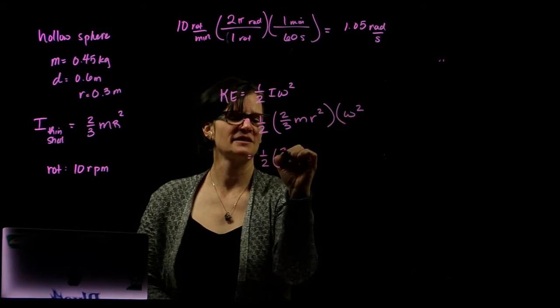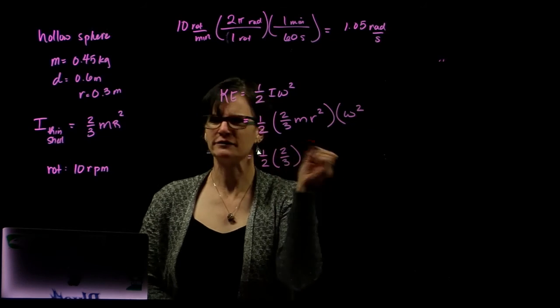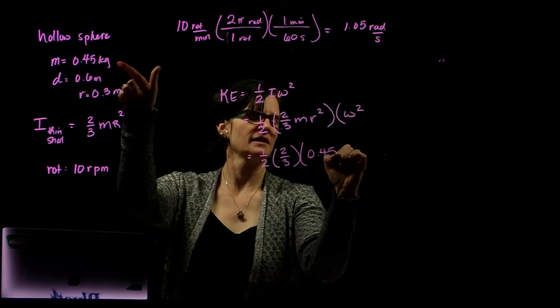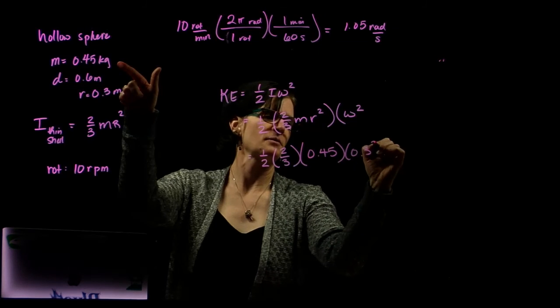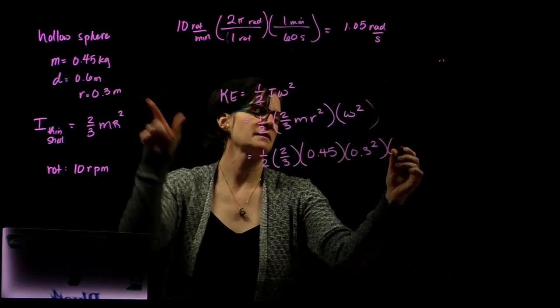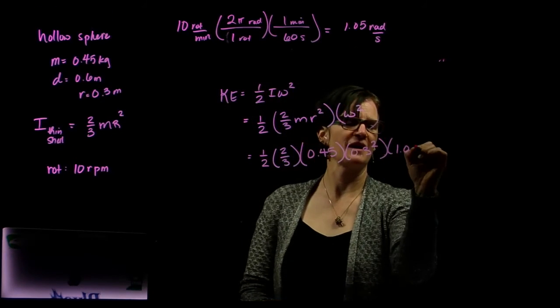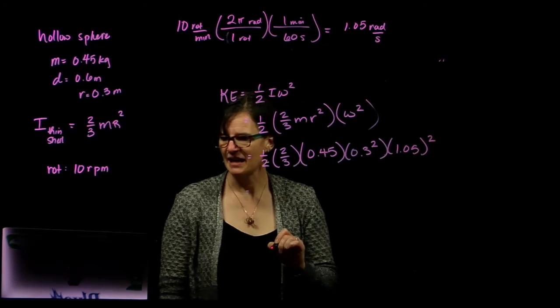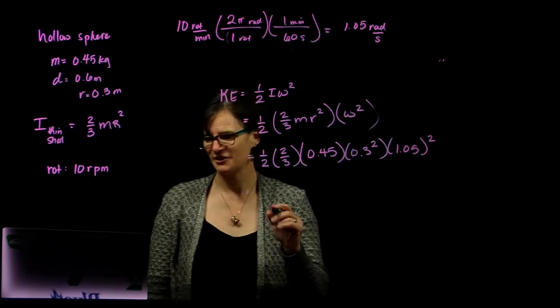So 1/2 times 2/3, I guess I could have shortened that a little bit, times the mass of 0.45 times the radius of 0.3 squared, times 1.05 quantity squared. And we find that our kinetic energy is